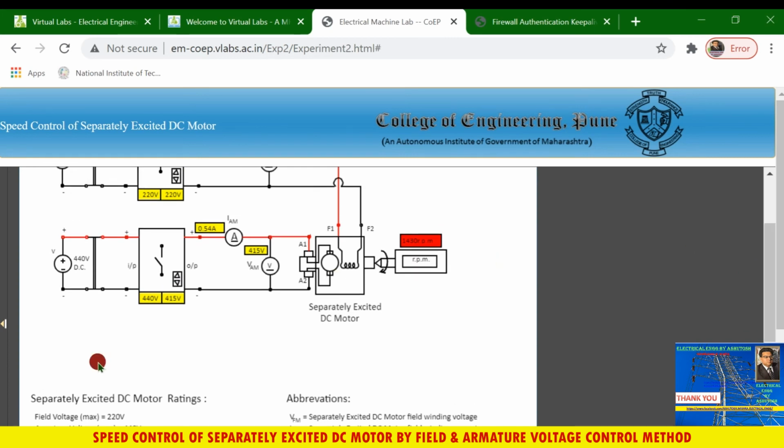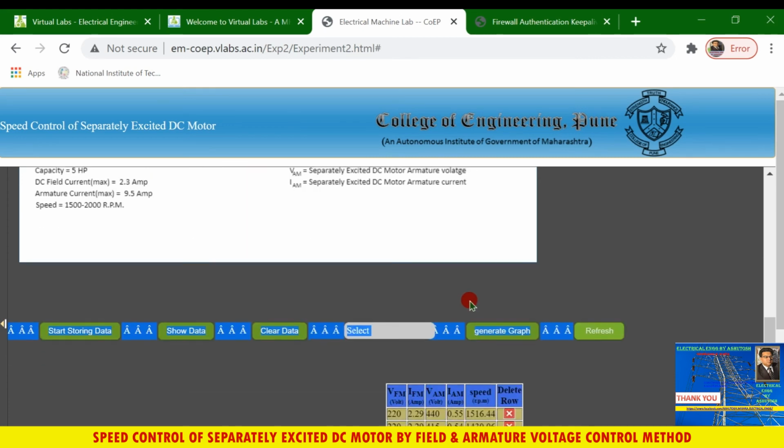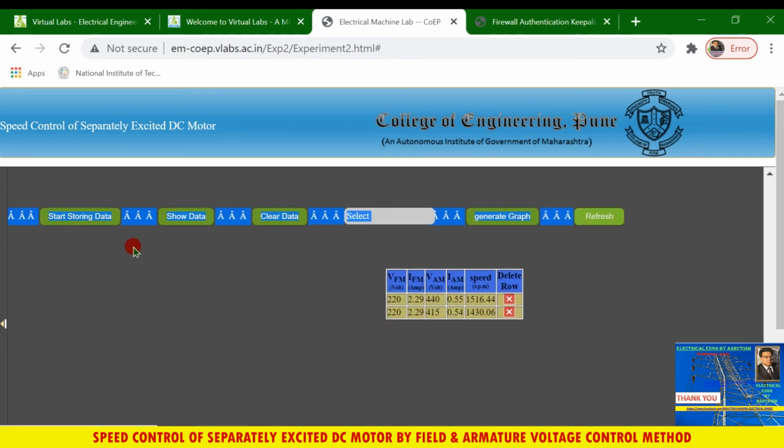And also decrease the level of voltage. Okay, 395, then it becomes 1360 something. Store the data, show data. You can see here the voltage of armature becomes 395, then speed becomes 1360.